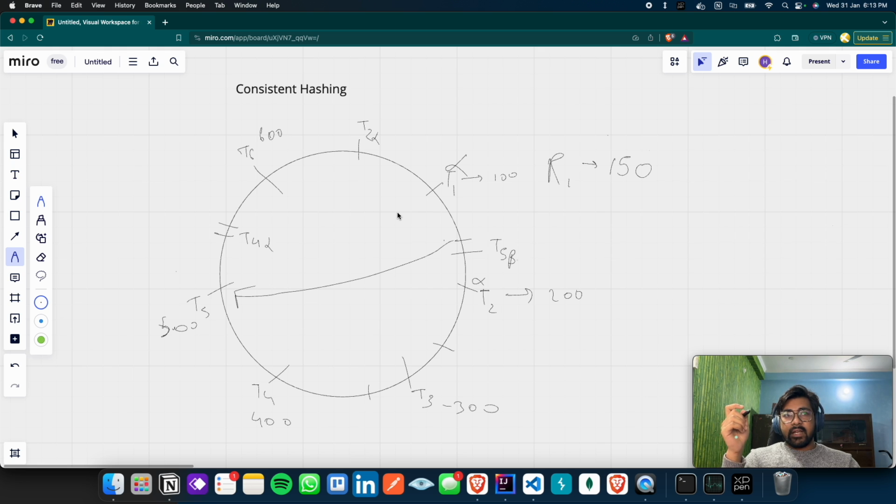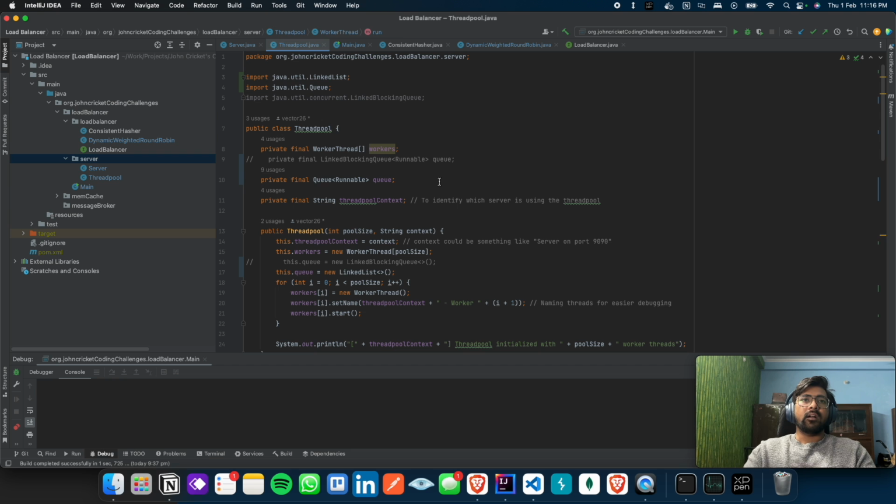Now we'll be diving deep into the code. I'll be explaining my written code to you line by line. So guys, here is the code. We are going to start with the thread pool class. We have an array of worker threads, and the size of the array depends upon the thread pool size. And here we have a simple queue